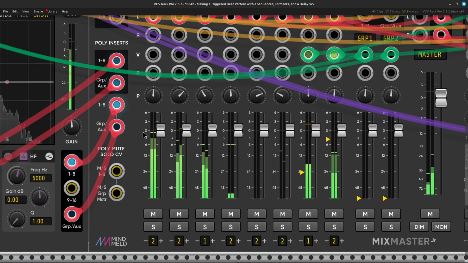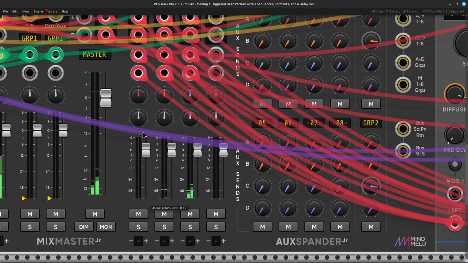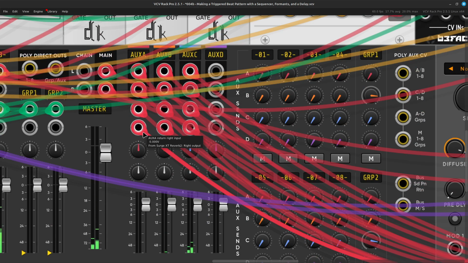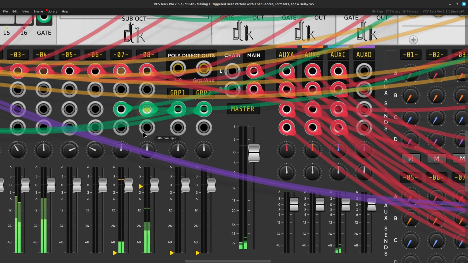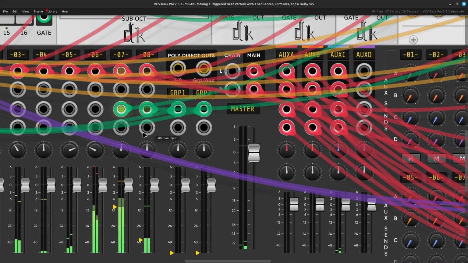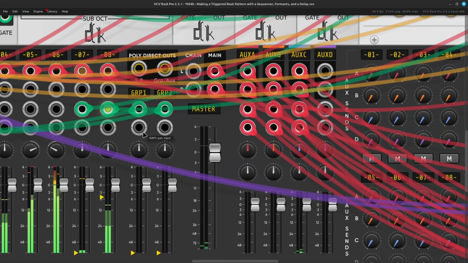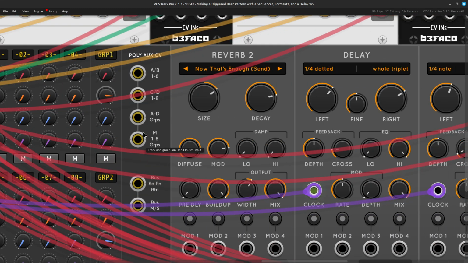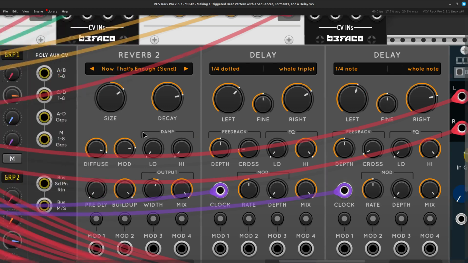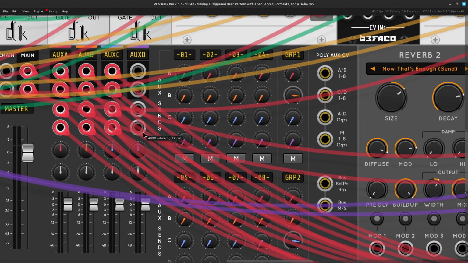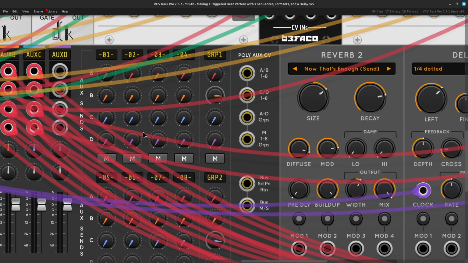I release the key. It's not going away all that fast. I understand there would be what do you call it? A delay tail, and that might be what I'm hearing, but in the previous one I made, I wasn't hearing it all that strong here. Do we have any CVs here that